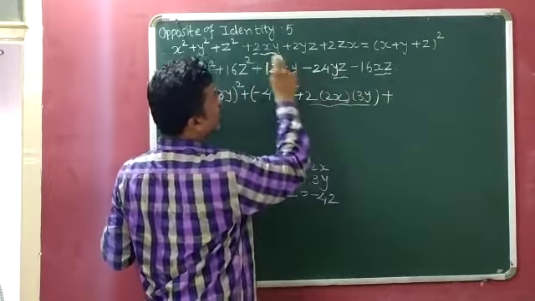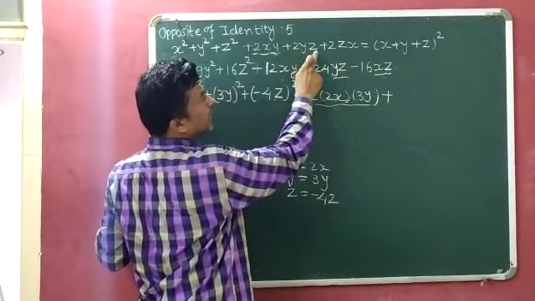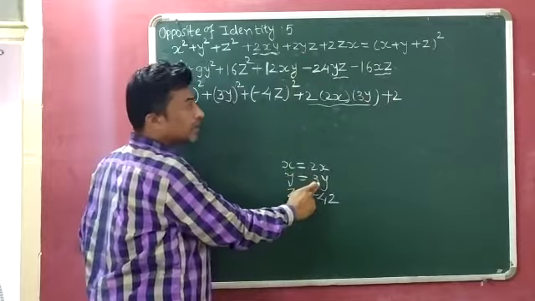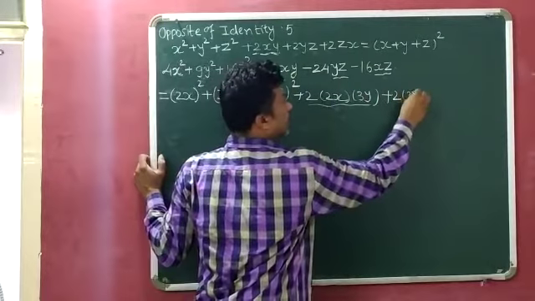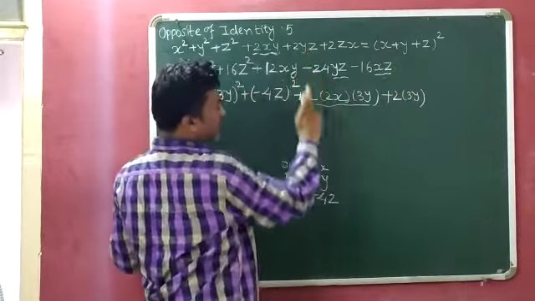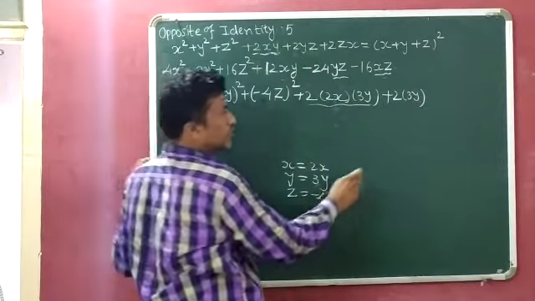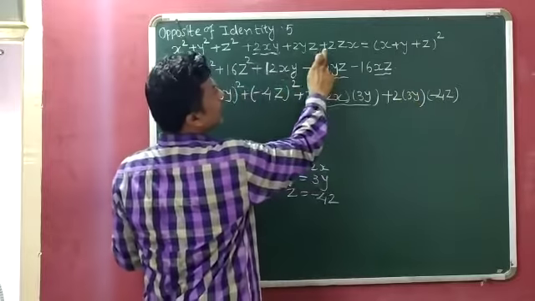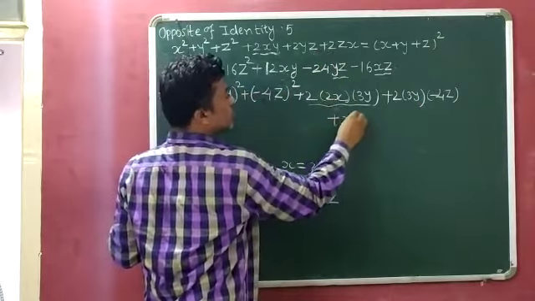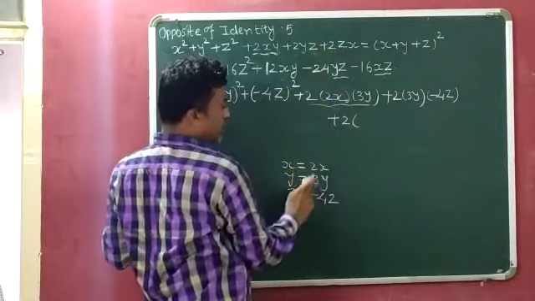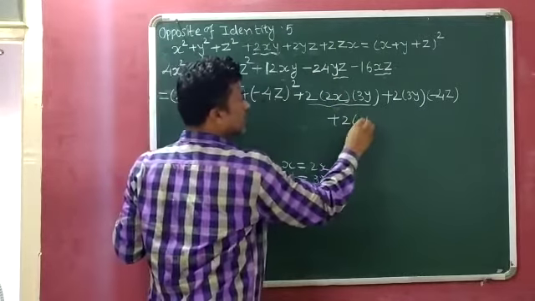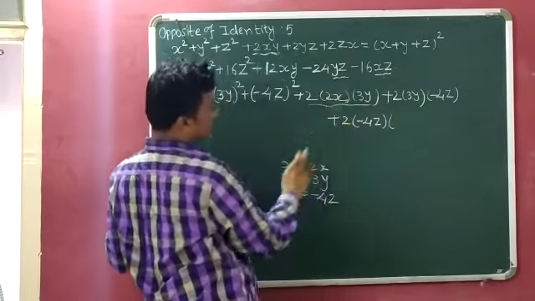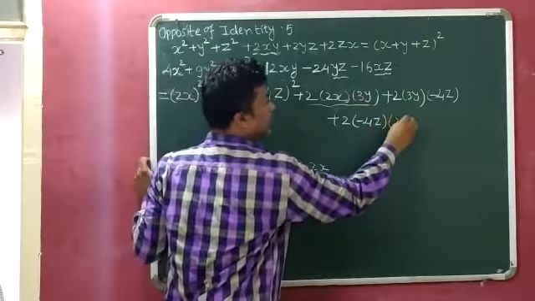2xy is, this is the 2xy. Now we can write 2yz. So 2 then 2. Y means what we have to consider? 3y. So we can write 3y. Then what? Z. Z means what we consider? Minus 4z. So we can write here minus 4z. Then plus 2zx. So plus 2zx. So z means what? Minus 4z. Minus 4z. And then x. X means what? 2x. So we can write 2x.